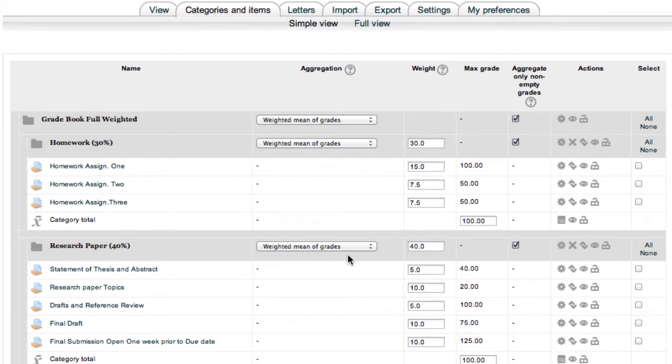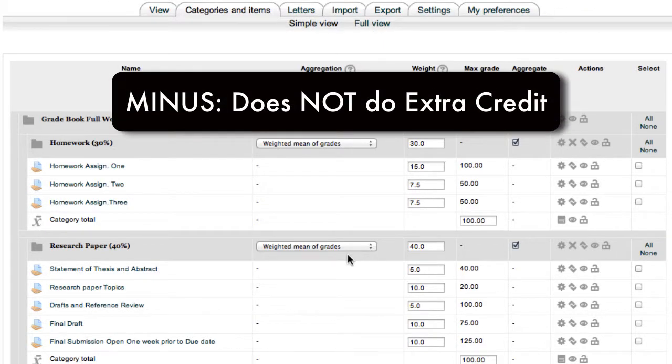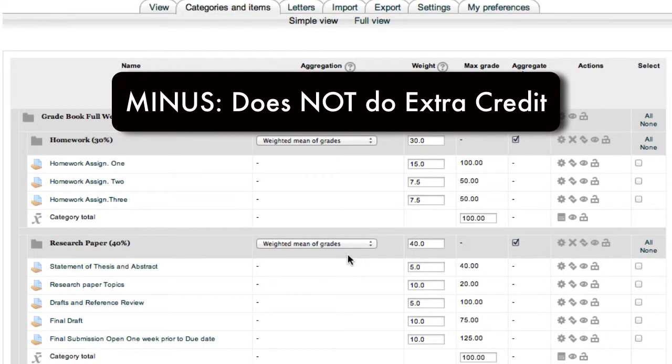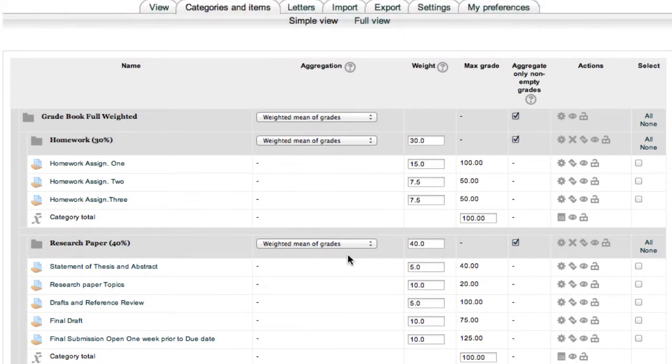And one final point I did mention earlier, and I want to reiterate here, that there is no extra credit option when using full weighted means of grades. That area that would normally have all those little check boxes where you could specify an item to be extra credit are not available in this version.